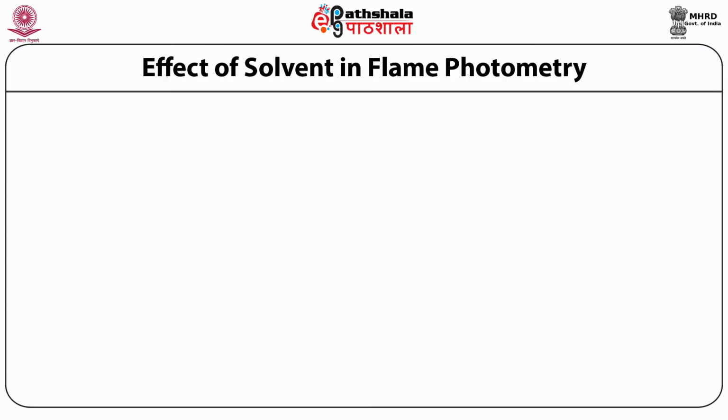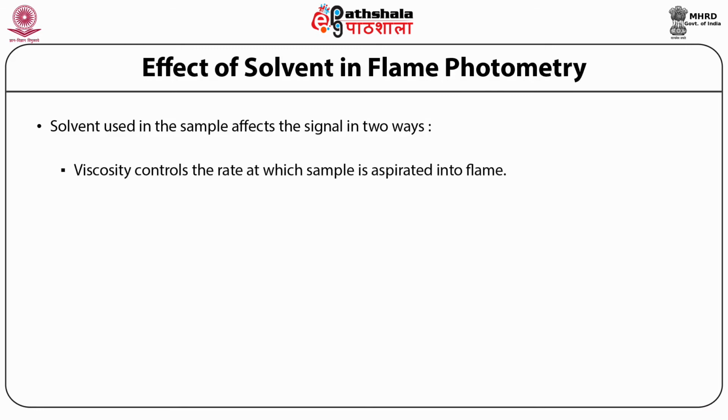Now we discuss here about the effects of solvents in flame photometry. The solvent used in the sample affects the signal in two ways. First, viscosity controls the rate at which the sample is aspirated into the flame. There is an optimum sample flow rate which has to be experimentally determined. If the flow rate is too great, the flame is swamped and the signal drops off. If the flow rate is too low, then the signal is decreased because insufficient sample finds its way into the